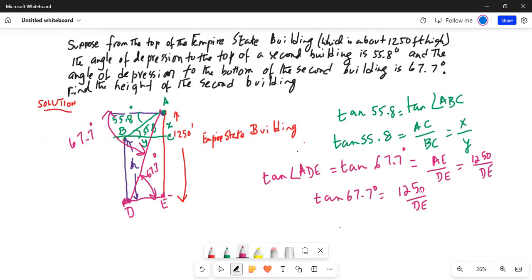So press the mode button and make sure your angles are in degrees. 67.7, close it, it's 2.438. So 2.438 is equal to 1250 divided by DE. Or if I multiply by DE on both sides, DE times 2.438 is equal to 1250. Okay, if I create some more space,